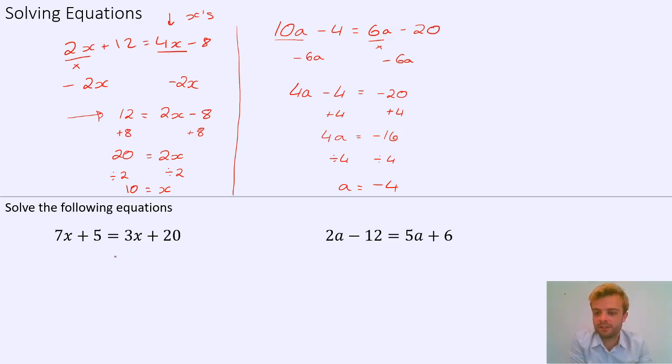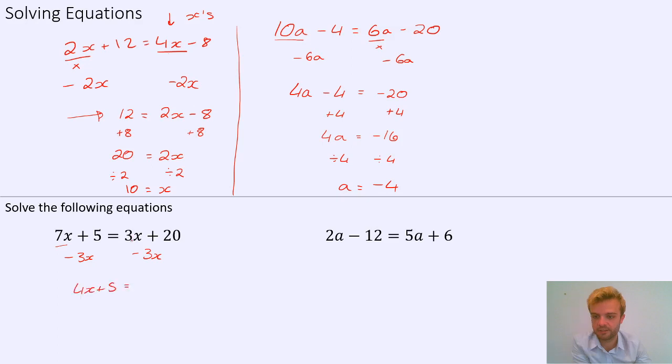Right, so over here on this one, we want to collect the x's in the same place first, which means I want to get them on the left-hand side, because that's where there are already the most of them. I've got 7x on the left and only 3x on the right. So I'm going to take away 3x. What that turns the left-hand side into is 4x plus 5, and the right-hand side, the 3x's cancel, so it's